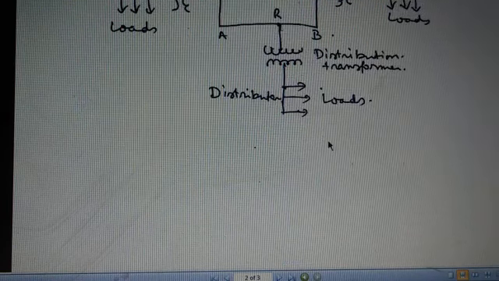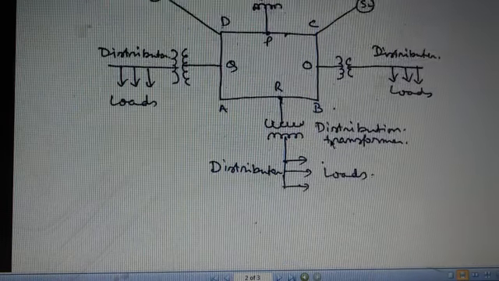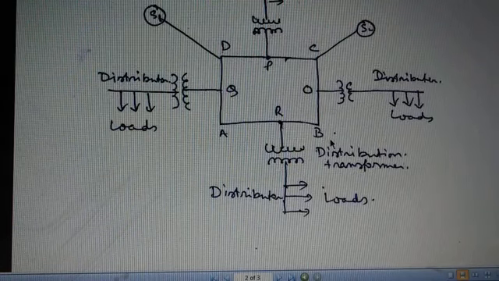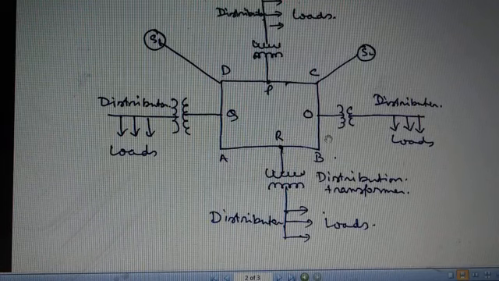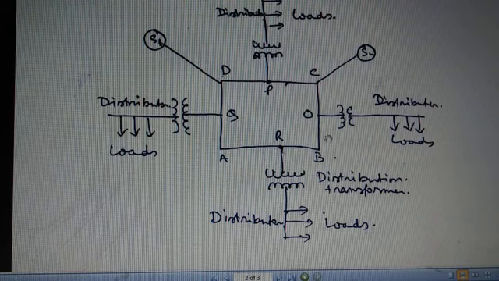Now, two or more generating stations are interconnected by lines. The interconnection of generating stations has the following advantages. First advantage, it enables the mutual transfer of energy from the surplus zone to the deficit zone economically. Next advantage, lesser overall installation capacity to meet the peak demand. Next advantage, lesser standby reserve generating capacity.